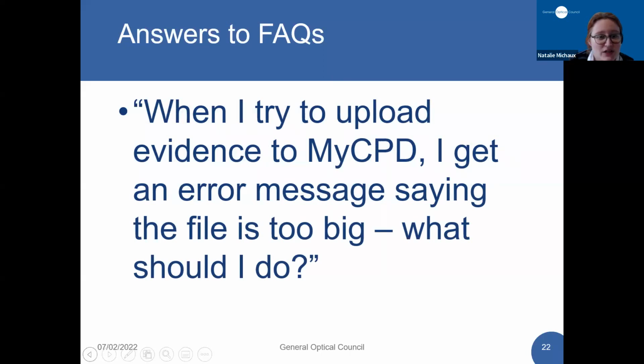And then we have a question here. When I try to upload evidence to MyCPD, I get an error message saying the file is too big. What should I do? The short answer is see if there are any alternative files that might demonstrate evidence of having completed that piece of CPD. As you'll appreciate, we have many, many registrants who will be wanting to upload evidence. And so, for example, photo files tend to be very large, and the system can't cope with too many photo files, because that obviously takes up a very large amount of storage and means that the system runs much more